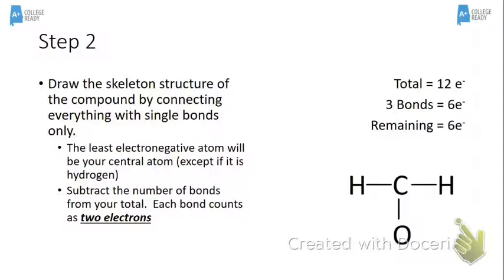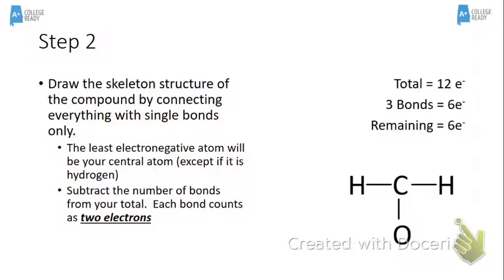Now there are certain exceptions to this. For instance, if hydrogen was your first atom, hydrogen cannot be a central atom because it only has an s orbital, and having simply an s orbital does not allow it to form more than one bond. So typically hydrogen does not serve as a central atom. It is